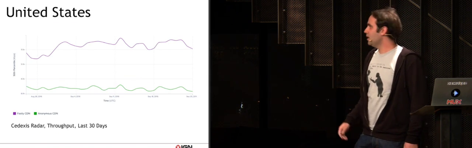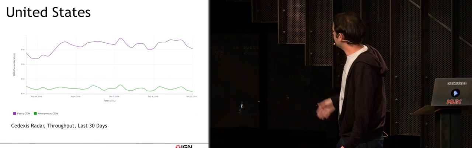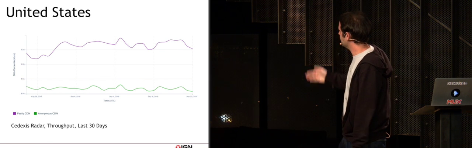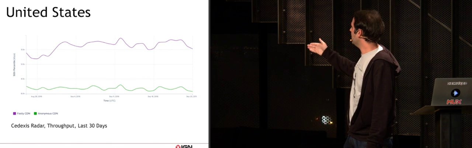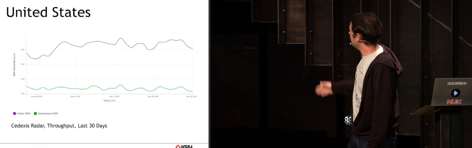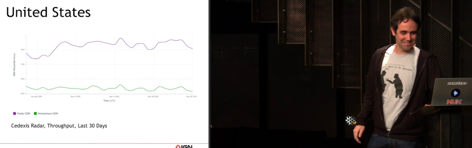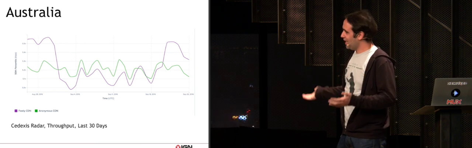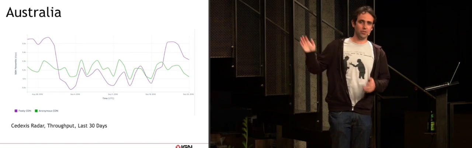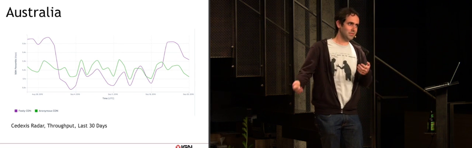In this graph here, it's comparing two CDNs. We can see that clearly one CDN up here, Fastly in this case, is performing a lot better than the other CDN here down the bottom. This is showing throughput over the last 30 days. It's an anonymous CDN that may or may not start with an A. So for the US, you'd look at that data and go, okay, great, I should always use Fastly. But we're delivering to a global audience,